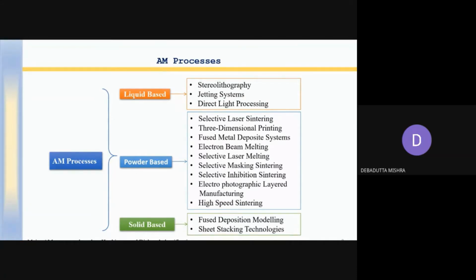Okay. So you can see the difference in material and in process. Always they are being put layer to layer. AM is additive manufacturing, also called layer manufacturing. You put one layer, put another layer.